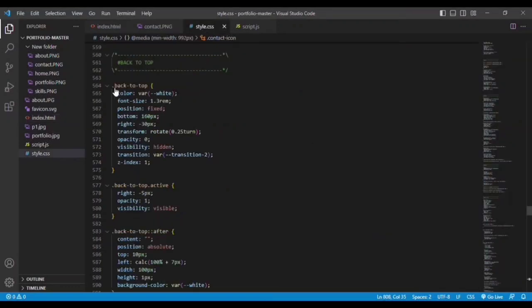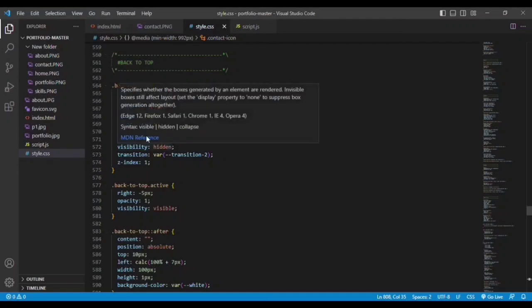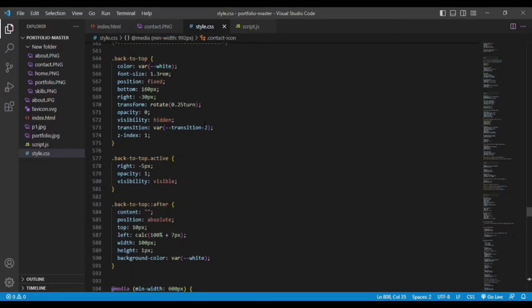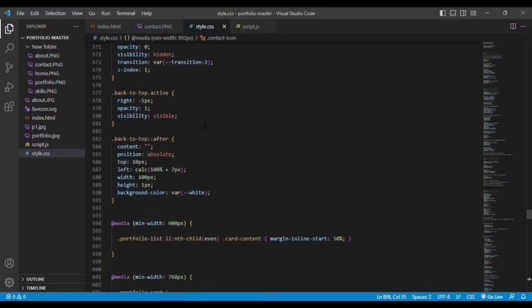For that, we are adding the CSS styles here. You can see color, font size is given, position is fixed, at the bottom towards the right-hand side. You can see it at this particular end of the website. You can see the back to top button. And whenever the back to top button is active,